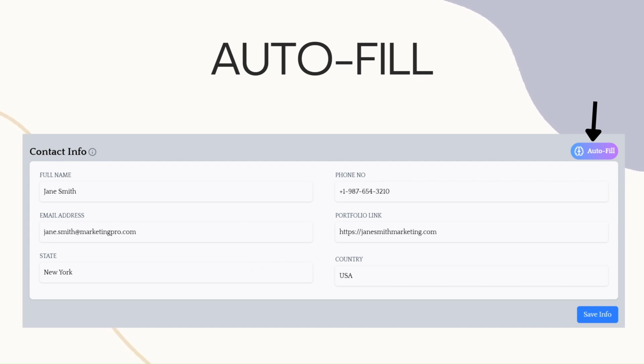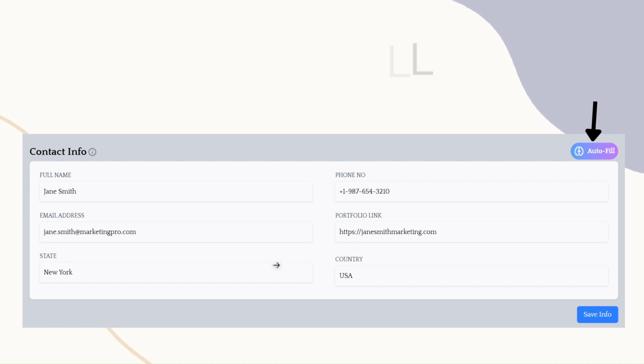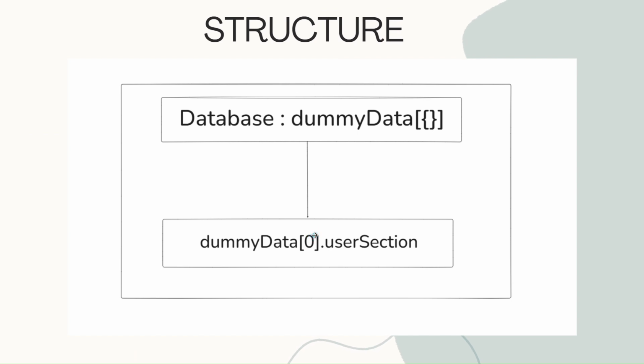Before moving on to the code base or showing it on the website, let me give you the structure of how we have designed this. Currently we were storing all the things in the database. We have a dummy data table, which is an array with 5-6 objects with some key value pairs. Whenever a user clicks on that autofill button, a request goes to the backend, and we call a random function which fetches a random